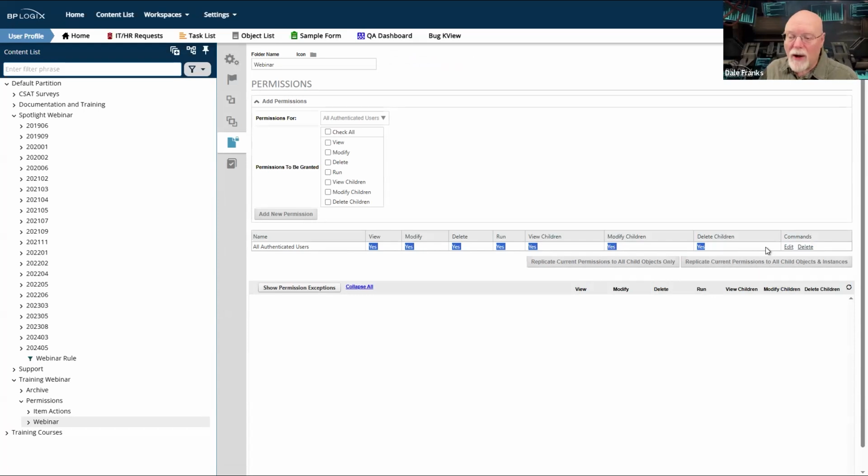Now, in this case, I happen to create a subfolder. This is true if I create a form or a process timeline or anything. Once I have permissions set at the folder level, every object I create in that folder inherits the permissions of the parent folder. Even more than that, once I have an object like a form that exists in a folder, and I create an instance of that form, that new form instance will also inherit the permissions that have been granted to the form definition.